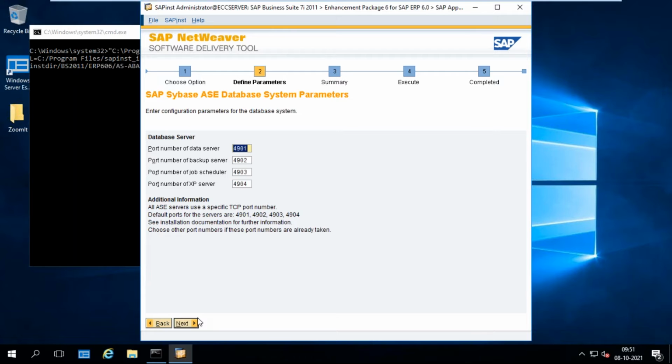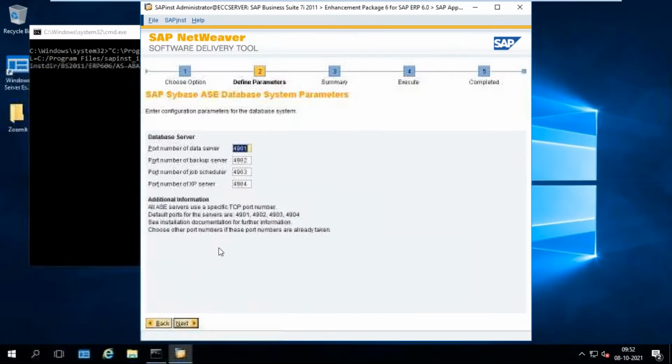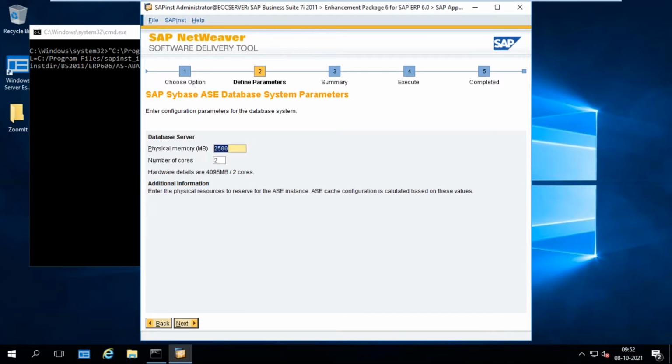So these are the port numbers automatically assigned by the system. Port number for database, data server, port number for backup server, job scheduler, and XP server. Just click on next. Don't change anything here. So here also don't change. Just click on next.